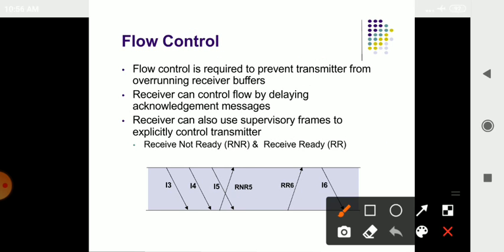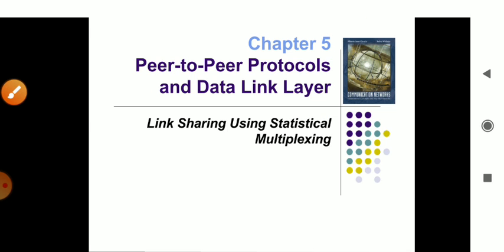Flow control is one of the things: the receiver's buffer shouldn't overflow when the information is being received. The sender may send however he wants, but the receiver has a buffer which receives the information one by one. If any problem is there, at that time the control frame controls the flow of information, and it will be received one by one. And supervisory frames keep checking each and every frame, whether it is ready to execute and when it is not ready to accept the data. Okay, so that is your flow control.